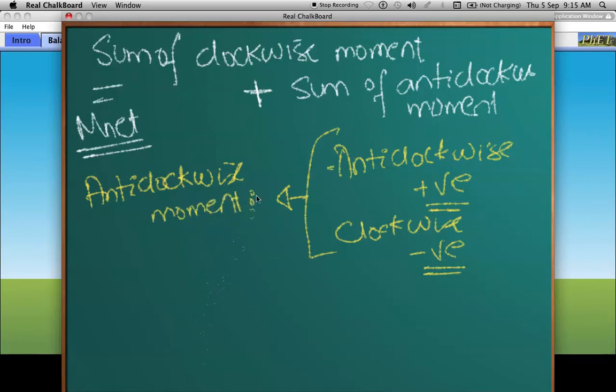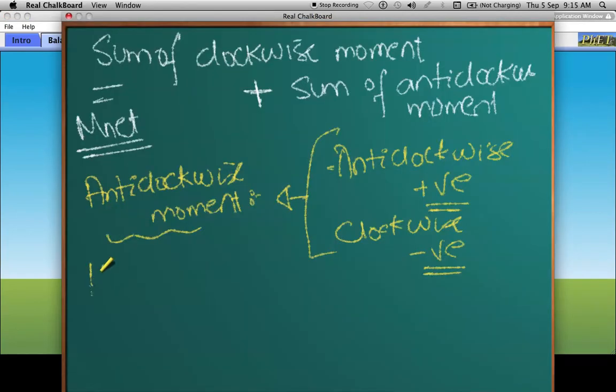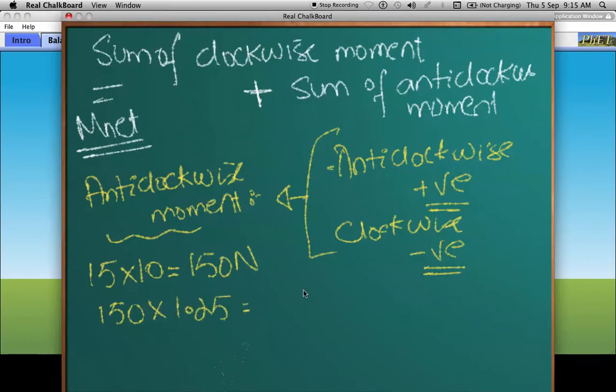Which is because of these two forces. One is here and one is here. So the first force is 15. This mass is 15. The force would be 150 newtons. Simply, this is the weight, mass times g. And the moment associated with this force is 150 times its distance, which is 1.25. So this would again give me 187.5 newton meters